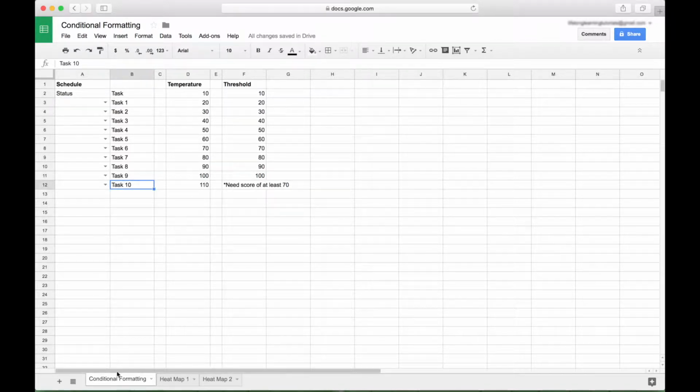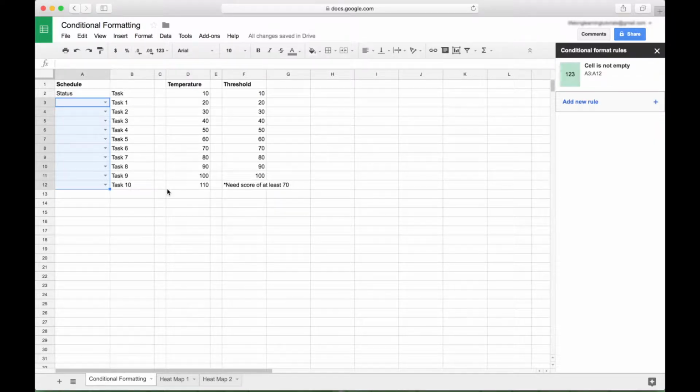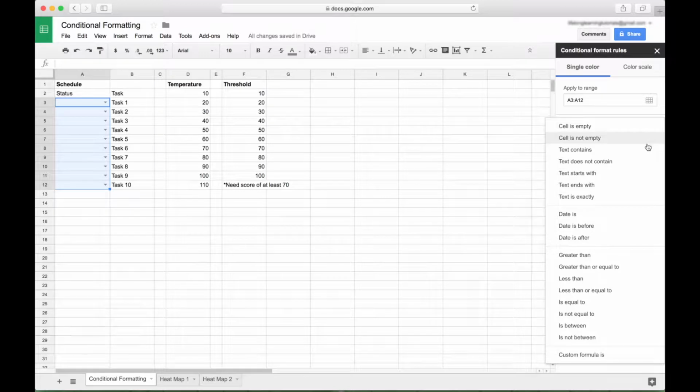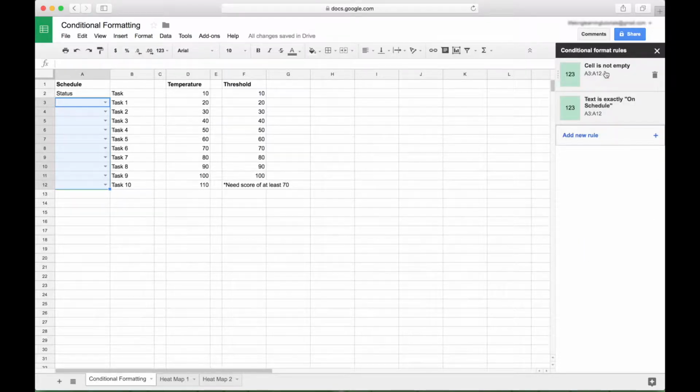Okay, now if you have a really long list here, it might be easy just to identify these with a color. So let's go ahead and put in our conditional formatting. Let's choose our cell range for these cells. Go up to Format, Conditional Formatting. Click on the Add New Rule. And for our first rule, we're going to go here, Format Cells If. Let's go to Text is Exactly. And then we're going to put our text in right here. So for the first one, let's put in on schedule. And we'll leave that as green. We'll hit done. We don't need this cell is not empty, so we can remove that by clicking on the